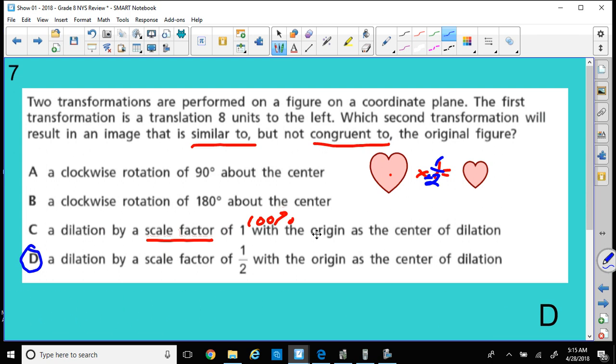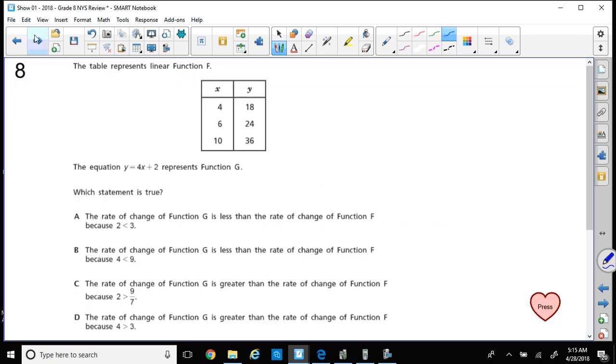And that is correct. All right, that was a good question. Let's keep going, see what else we got. All right, a table represents linear function f. All right, so we got a linear function. All right, the equation y equals 4x plus 2 represents function g. So we got two functions going on here. So let's see which statement is